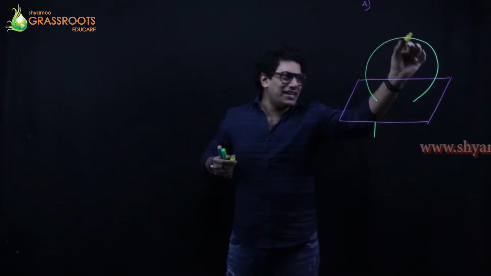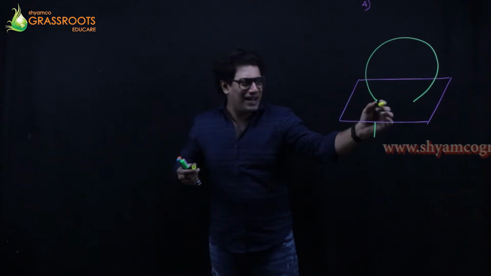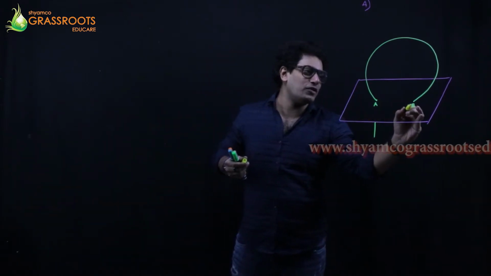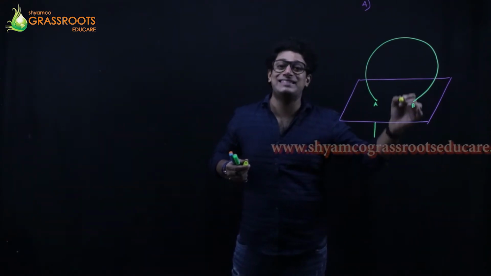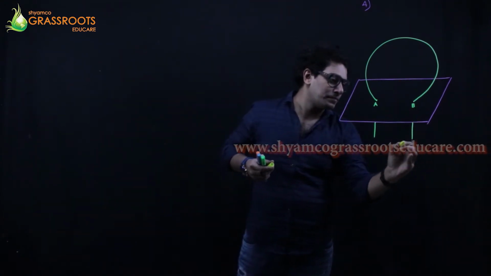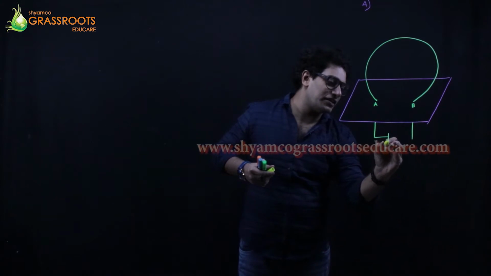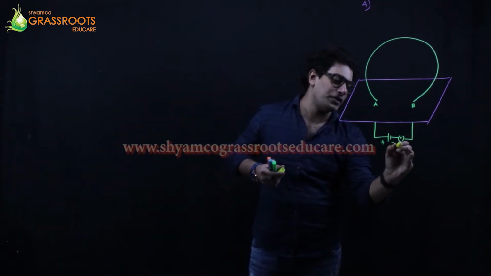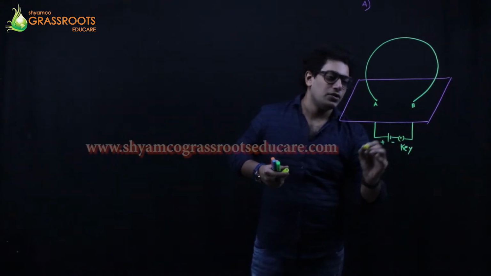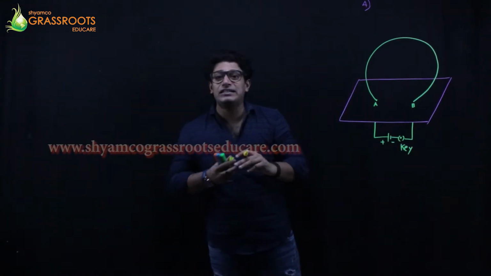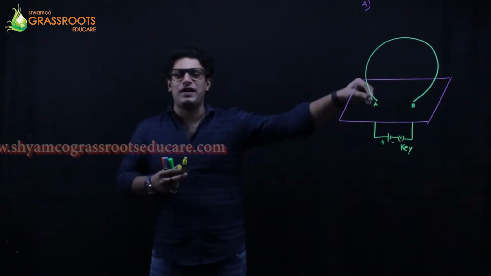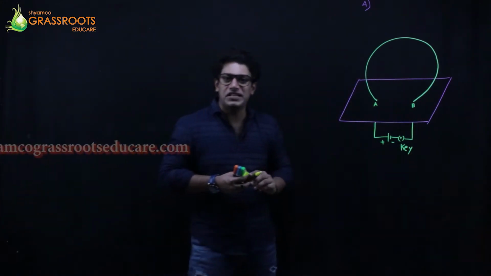and I'm making it into a circular format, and through the second hole, let's say the name of the hole is A and the name of this hole is B, the wire is exiting, coming down, and eventually it is getting connected to a battery or a cell and a key arrangement. Okay, and I am sprinkling the iron filings throughout the cardboard, पूरे cardboard में मैं iron filings को sprinkle कर रहा हूँ, ठीक है ना?